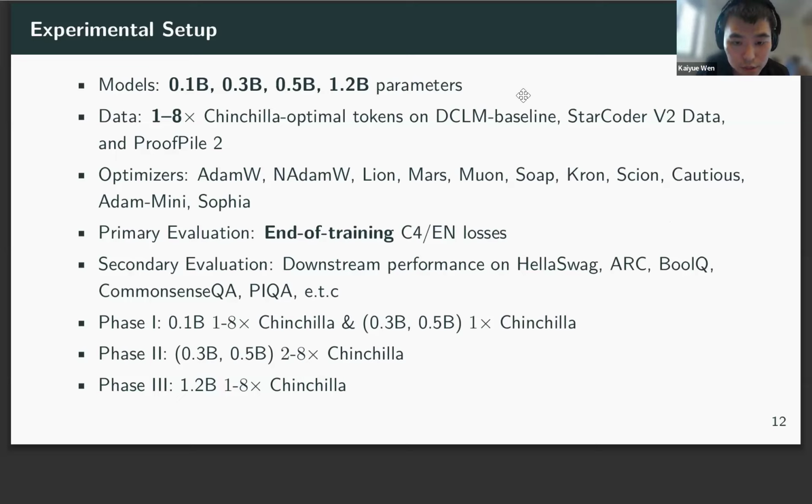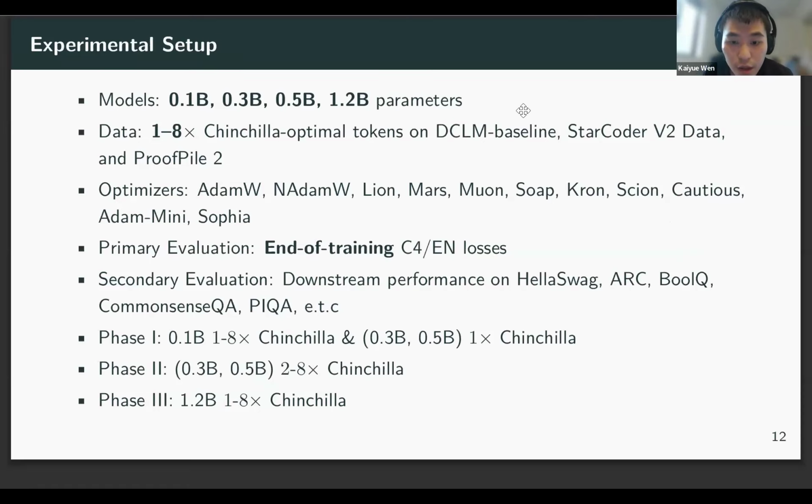I see there's a question. Have you differentiated the Muon optimizer in the original, and do you mean the one by Moonlight? Essentially we didn't include that result in the paper. The Muon optimizer that we are mentioning here is the one